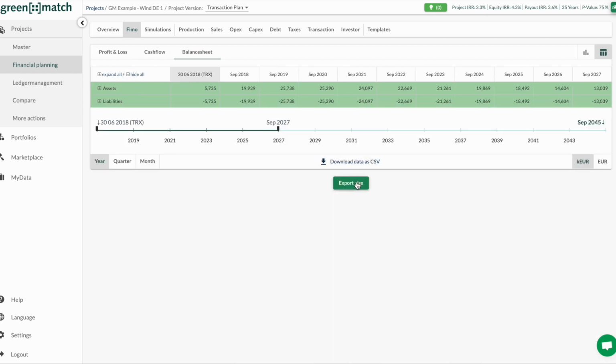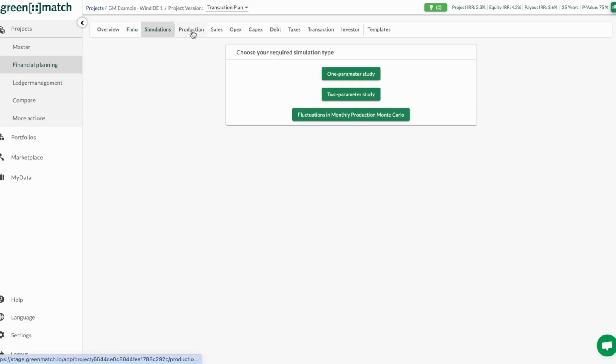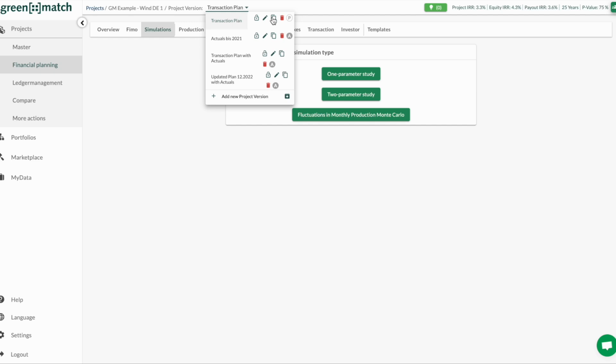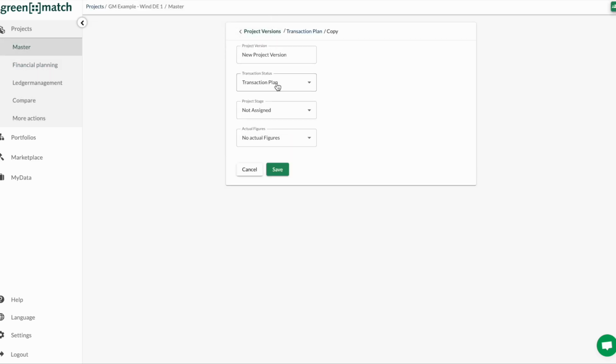In the simulations section, you can calculate one parameter or two parameter scenarios or conduct a Monte Carlo simulation. For sensitivity analysis, you can additionally create as many project versions with varying assumptions as you wish and compare them